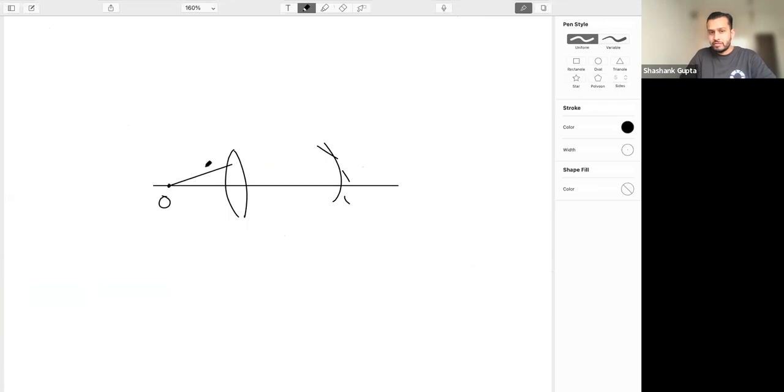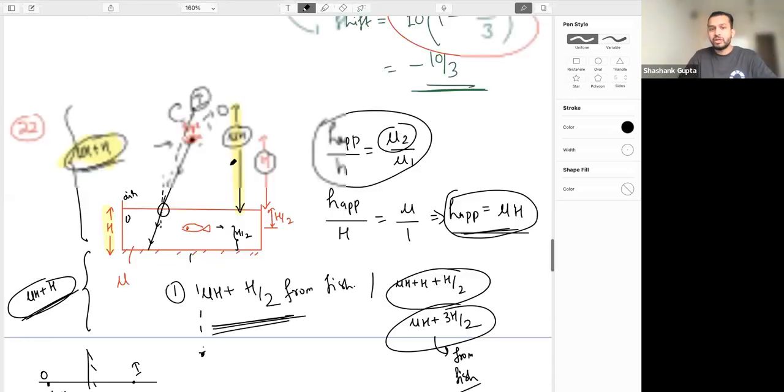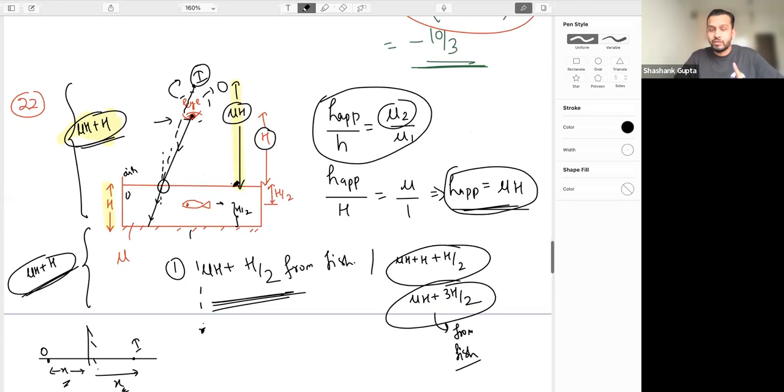As soon as refraction happens because of the lens, suppose this is happening, for this mirror it does not matter where the object is. Once the refraction happens, the image from the lens will become the object for the mirror, right? This is what we do there also. Getting the idea, Dhruv? Same thing we are doing here. Once the image is formed due to the refraction, this person or the fish won't get to know exactly where the object is. We will feel that the rays are coming from the image. This is how it happens, right?